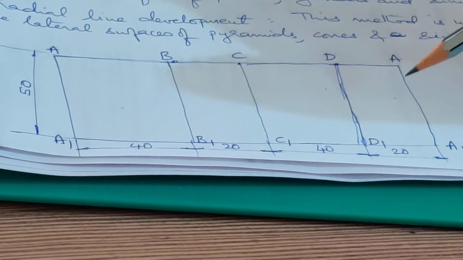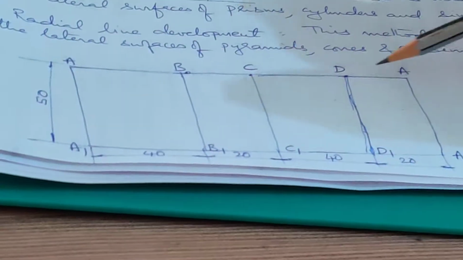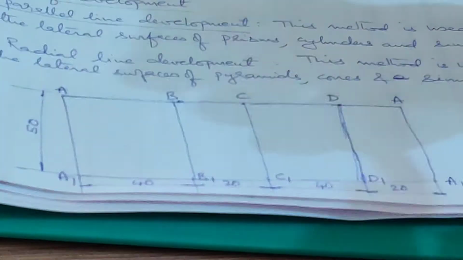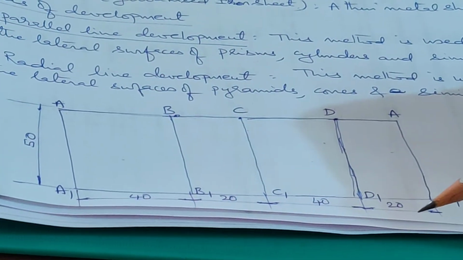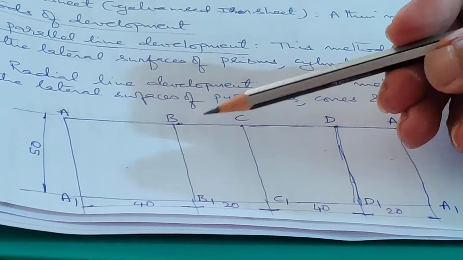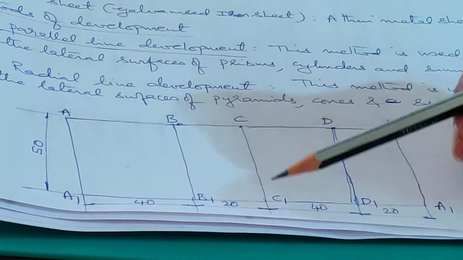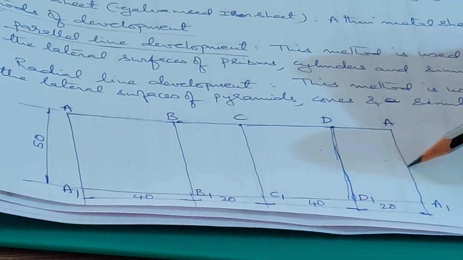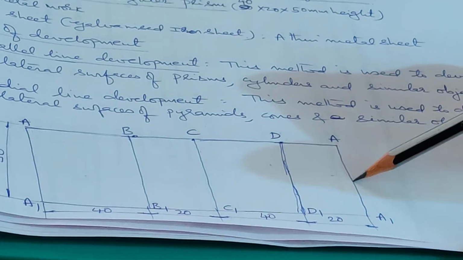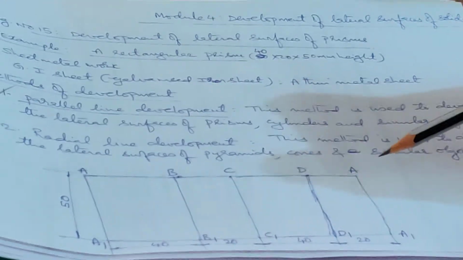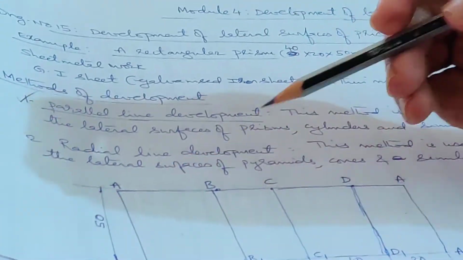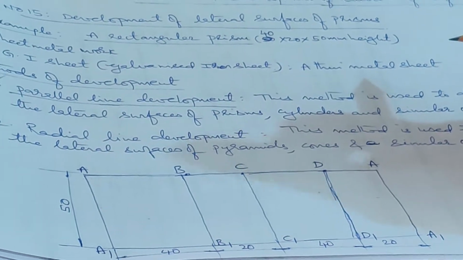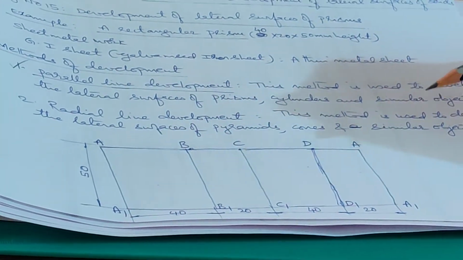So you make this on a sheet. Then you cut the sheet along the boundary. This sheet will be pasted on the metal sheet, and then the metal sheet also will be cut to the exact shape of this. Then using the given tools, you will be folding the sheet at these lines. Finally this AA1 will be joined with this AA1. You will in fact be doing the soldering there. This edge will be connected with this edge, and then you do the soldering. That's how you get the lateral face of the prism. This is what is done in sheet metal work.